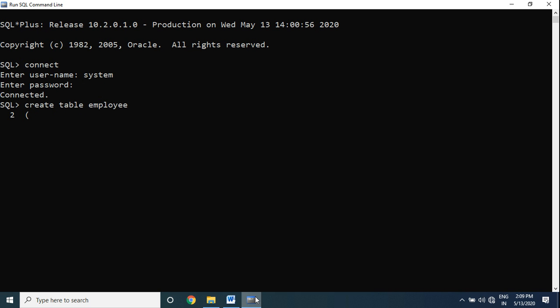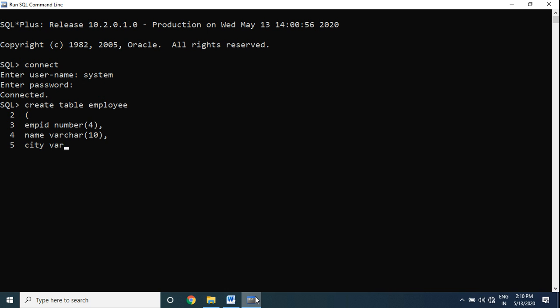enter bracket, what field you want. So I create EMP ID. EMP ID is numeric, so we write here number and we give size. So EMP ID can be up to 4 digit. Next is name. Name is alphabet, so its type is varchar.